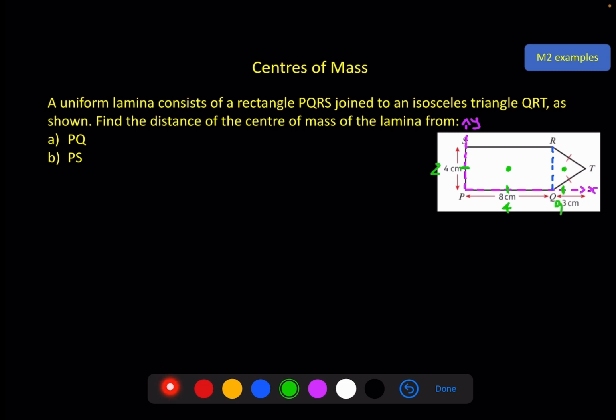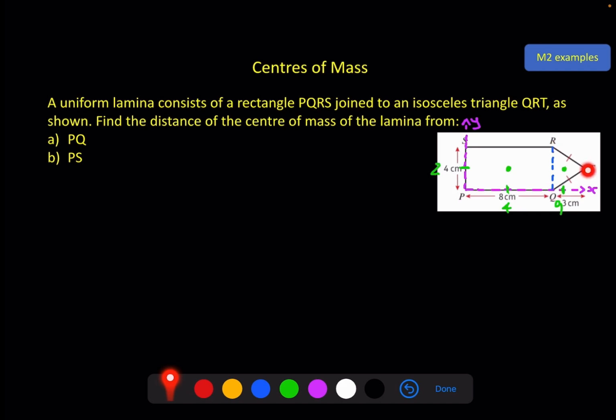And the y-coordinate is still 2, because of the symmetry of the shape all the way along here. Now you might have noticed I just said 1/3 of the way up here, or 2/3 down here. This is a case where that actually did help, but I could have done the average of the coordinates. So here, just to show that that will work, we've got 8 for the x-coordinate here, 8 here, and here